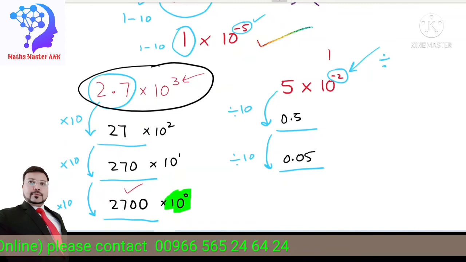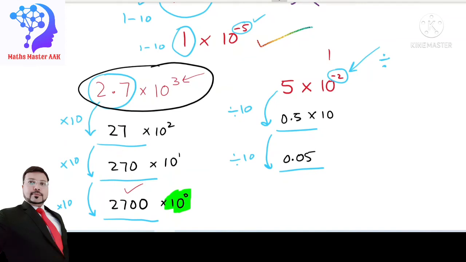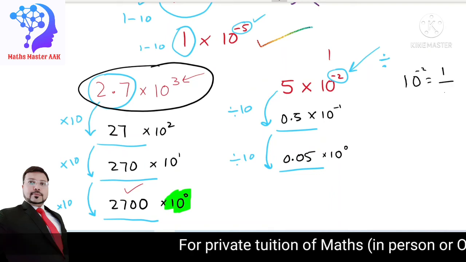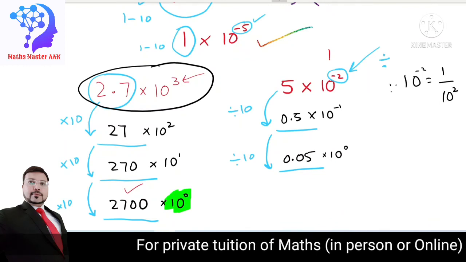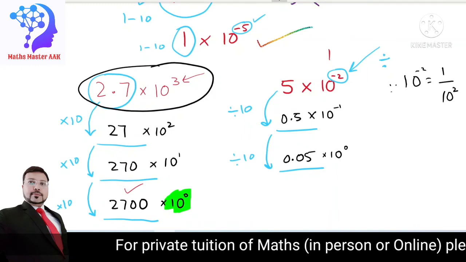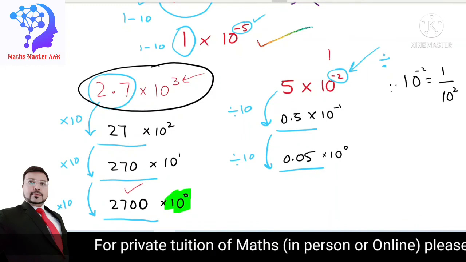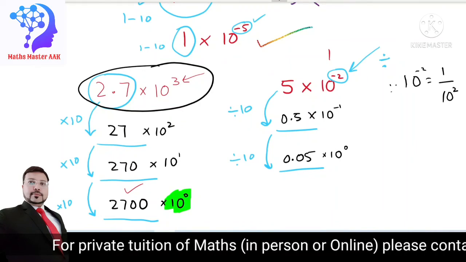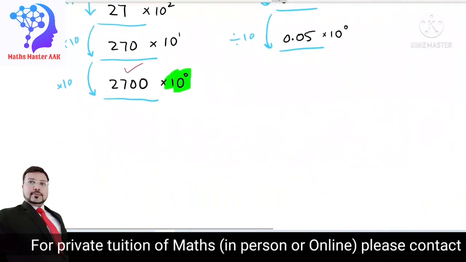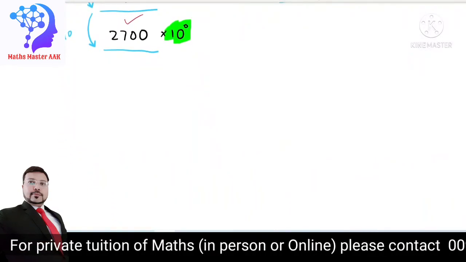And if we look at the power, once you divide, it will become 10 raised to power minus 1. Again you divide, it will become 10 raised to power 0 over there. I repeat that 10 raised to power minus 2 will be like 1 upon 10 raised to power 2. It is in divide form. So I hope this concept is clear, what is meant by the positive and negative sign of these numbers in standard form. Now let's move on to the further concept.